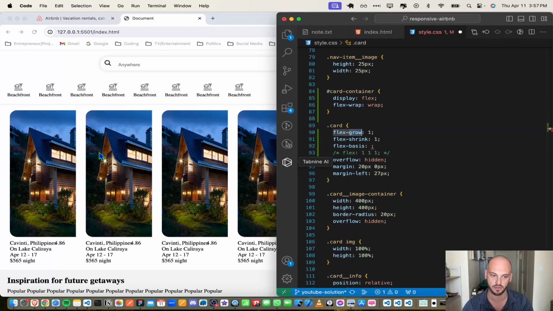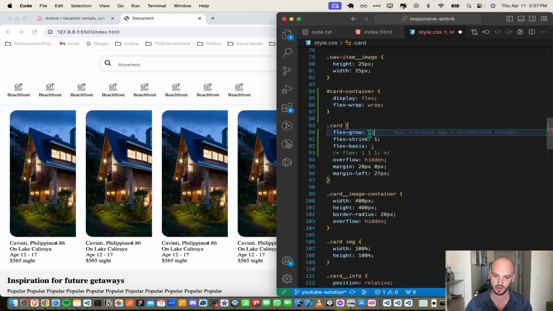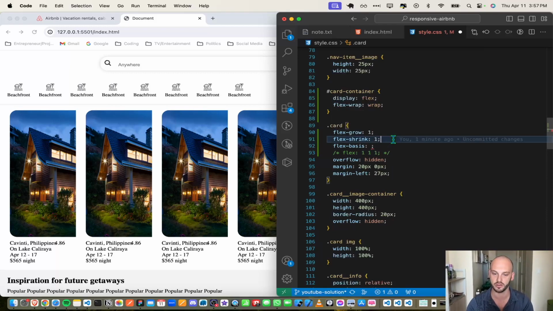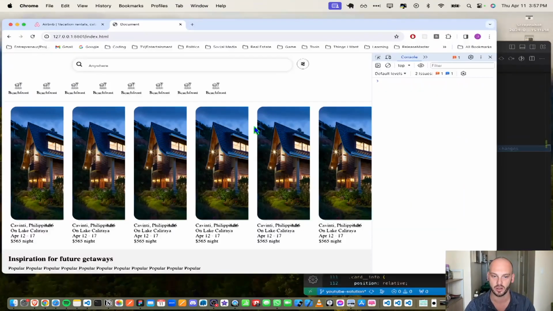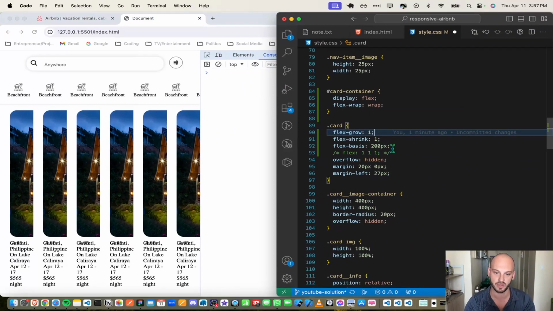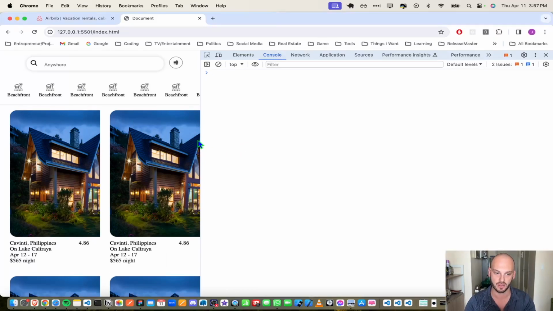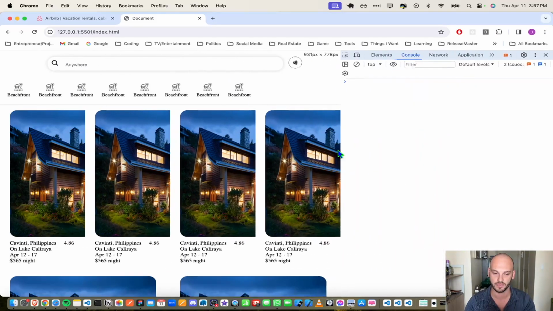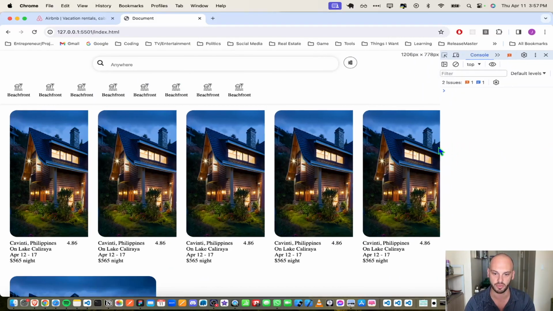Flex grow describes how the flex item will grow in relation to the others. So if every flex item had the same flex grow amount, they'll all grow at the same rate. Same with flex shrink. They'll all shrink at the same rate as the screen shrinks. Flex basis is basically defining an initial size or a minimum size that the cards can be. So basically all the cards will shrink as much as possible to fit the screen and stay on the same line. But if we set a flex basis, like an initial or default beginning size, then they will not continue to shrink past 200